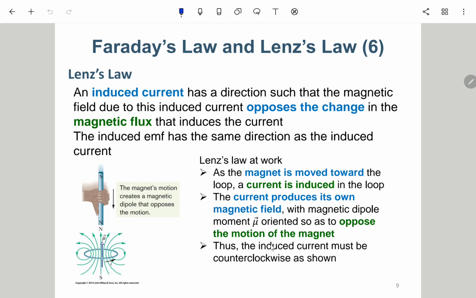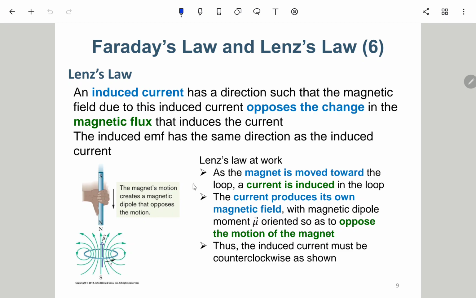Okay, so what does it mean? It actually means that if we have a magnet bar very, very far away, then there will be no B field or no magnetic flux going through this coil. Okay, so if we try to move this bar, let's say from top to bottom,